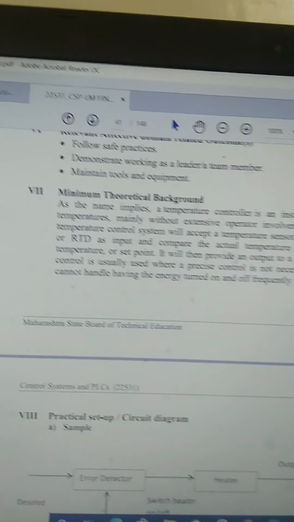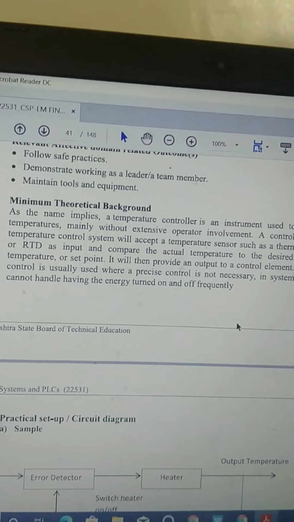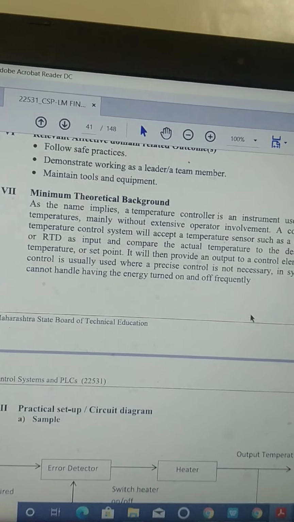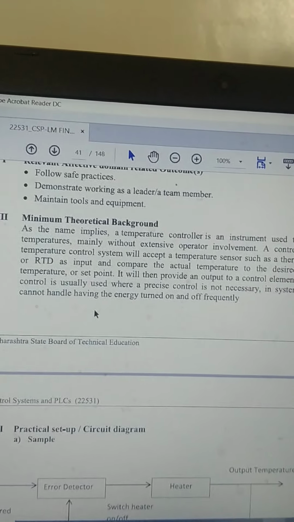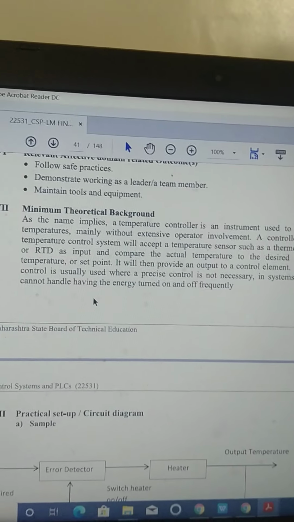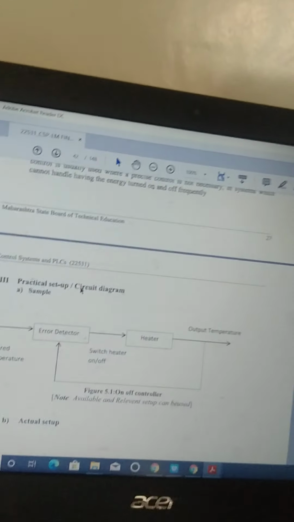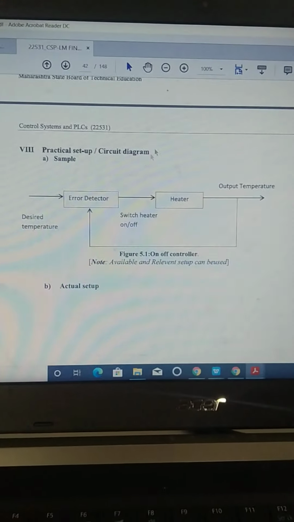This controller is used when we do not need precise control, and it cannot handle having the energy turned on and off frequently. So for this particular experiment,